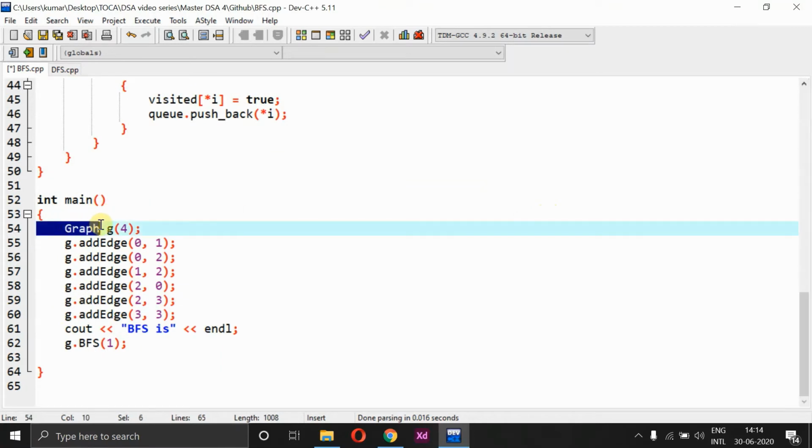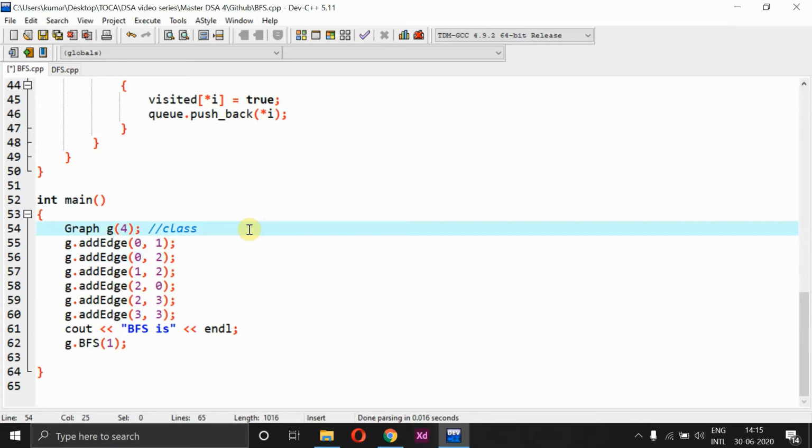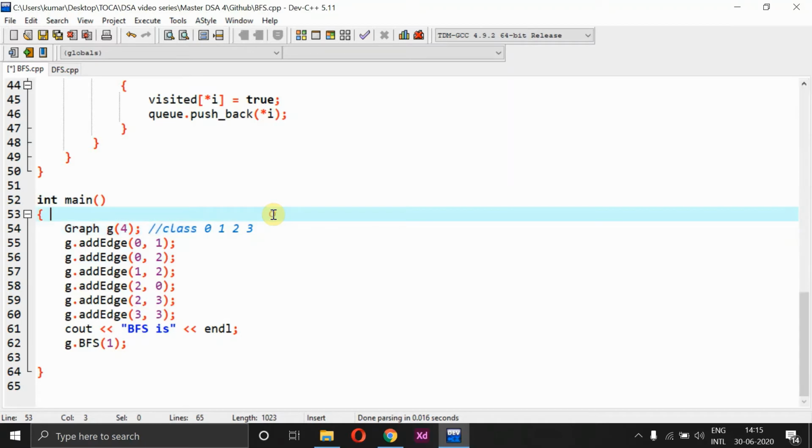So in my main function I have mentioned a name called graph, right? So graph is nothing but a class, right? So it represents a class, and here G of 4 actually represents that I am going to create a graph object with exactly 4 vertices, and it can have any number of edges in that, even a self loop and so on. So those 4 vertices I am going to name as 0, 1, 2 and 3, right?